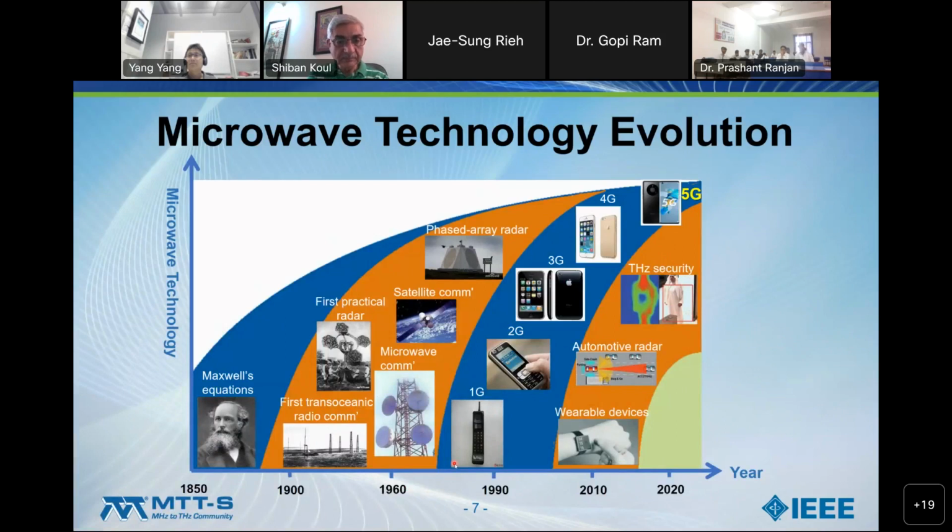Now let's have a look at how microwave technology is evolving. As I mentioned, Maxwell's equations laid the foundation of microwave technology. From the 20th century, microwave technology was widely used in different applications, and microwave theory and technology both developed very fast. As you can see, the first transoceanic radio communication, the first practical radar, satellite communication, phased